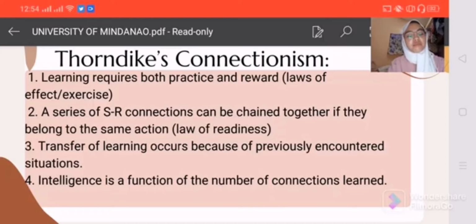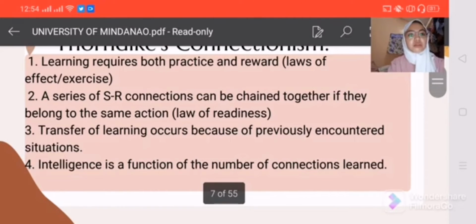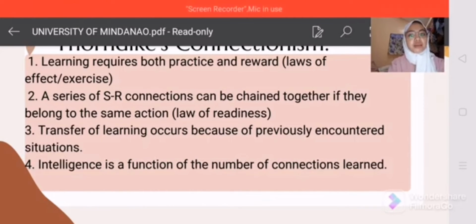So for example, giving a series of activities, lots of activities that the students could practice. That is, practice makes perfect. And then, for example, if a student gets a perfect exam, what will be the reward? It's not totally necessary that the reward is something big, because you can reward the students by